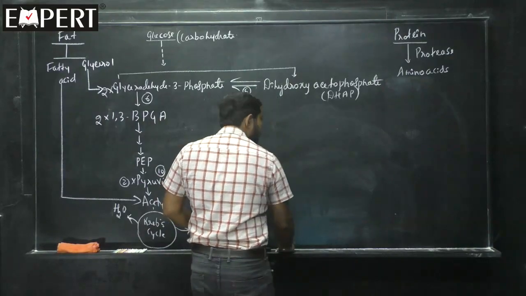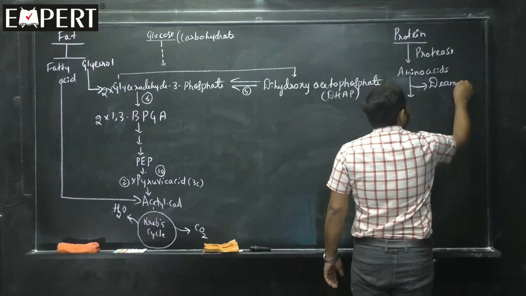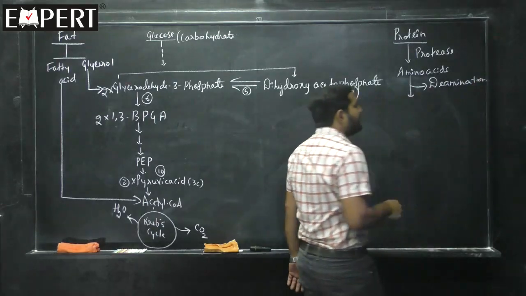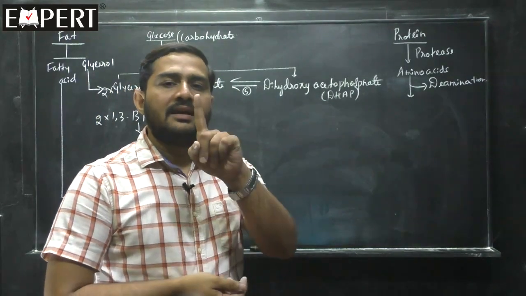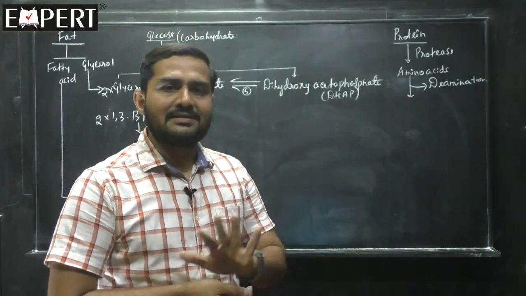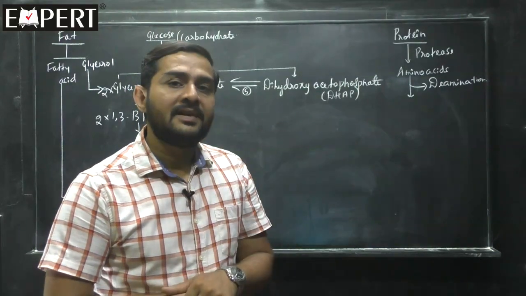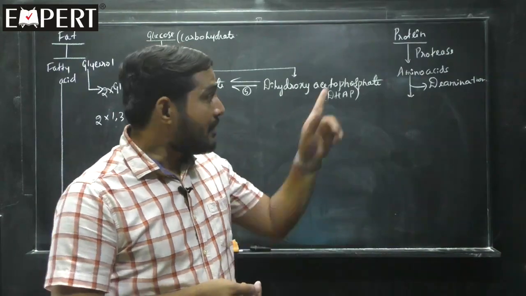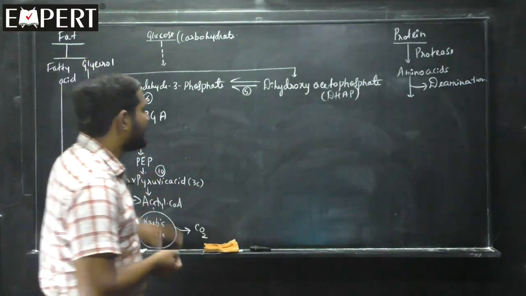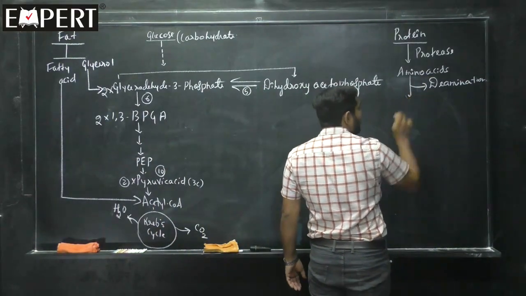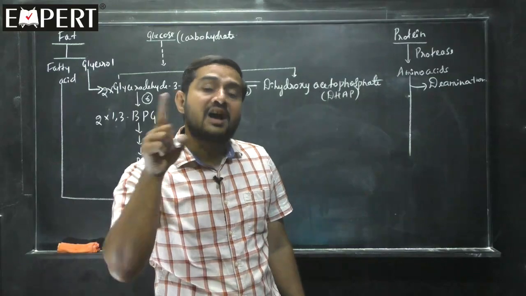I am writing here. So, the amino acid is going to undergo the deamination process, and during deamination, that amino group is removed. Then you may ask, sir, what happens to that amino group? In the case of humans or other animals also, that amino group enters the urea cycle and becomes urea. We told the same in the ornithine cycle. The amino group becomes urea and we excrete it, as ureotelic organisms, right. Okay. So, the product after deamination is called a keto acid. These keto acids, depending on which carbon number they have,